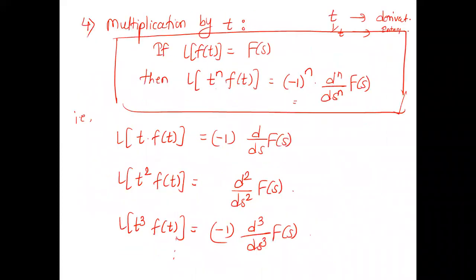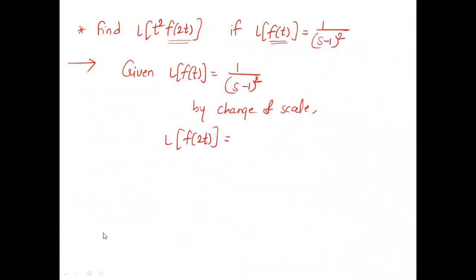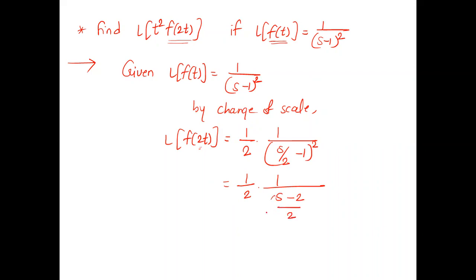Okay, so it is here. A is 2. So 1 upon 2 into whatever is your f of s. In that, everywhere s will be what? Yes, s upon 2. So it is s by 2 minus 1 bracket square, as the change is in s, it is s by 2. And the whole thing is multiplied by 1 by 2. We'll simplify. First thing is we can cross multiply here. S minus 2 whole upon 2 bracket square.